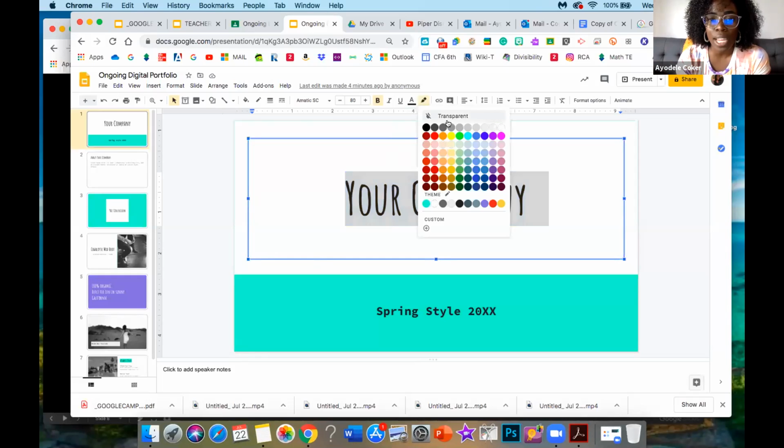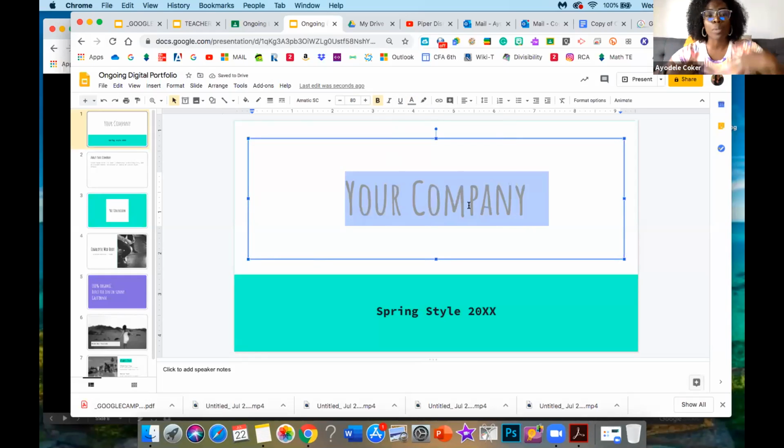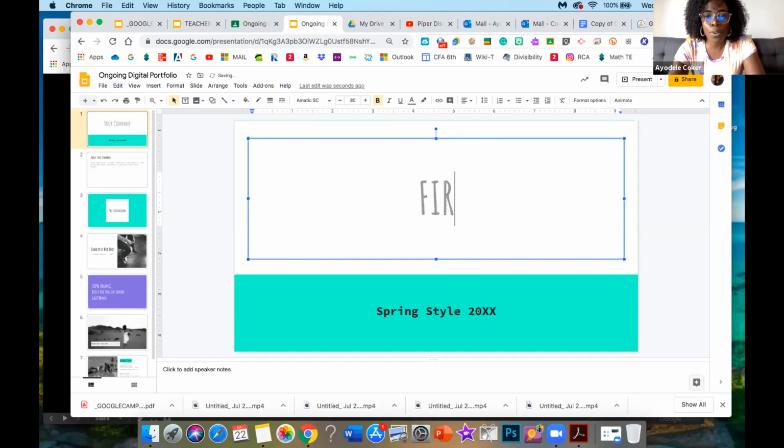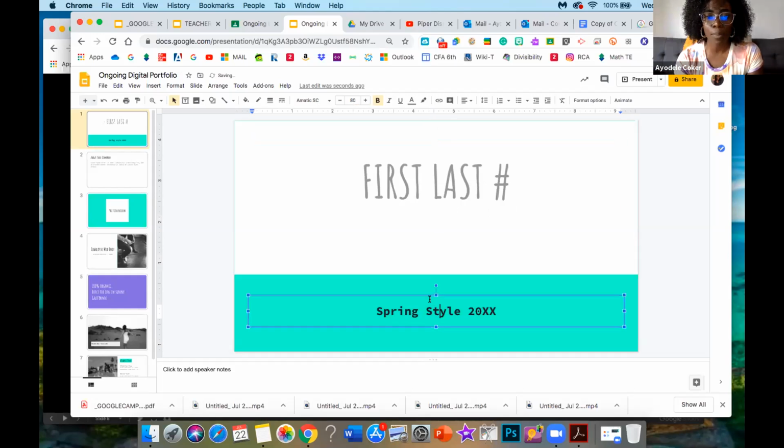Okay, so one thing I tell my students is anything that you see on the Google slide that is grayed out or the text is gray, that means I want you to fill it in. Whoops, I did the highlight, my bad. Okay, if I select this text and I make it gray, text color, there we go. That means I want them to replace that text. That's just the universal rule for me and my students. Maybe you can make it another color. So I'll put first, last, and number, for example, so they know that they have to change it to match their first and last name.